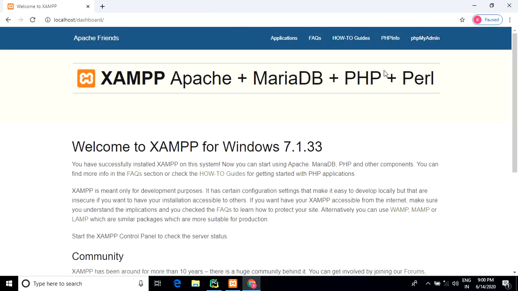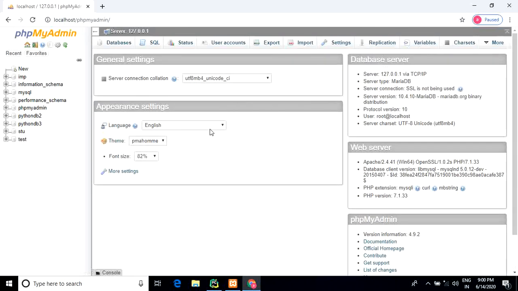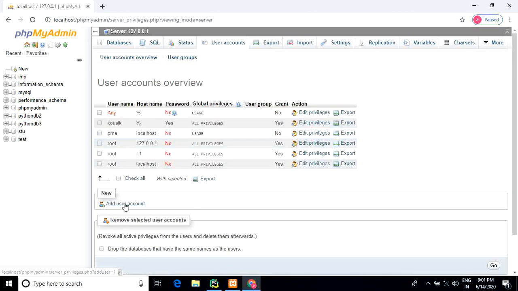Localhost, and then go to phpMyAdmin. Now when we enter phpMyAdmin, just create a user account. Click on the user account, then click on add user account.